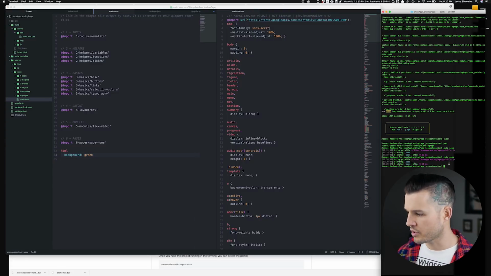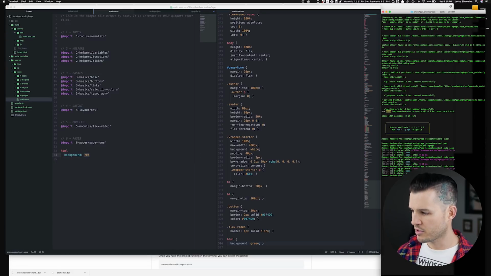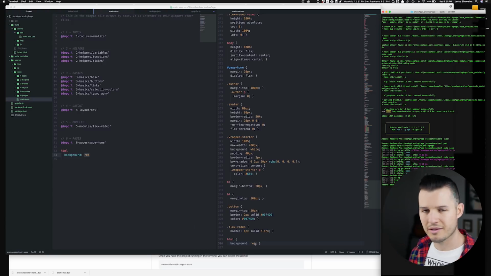I'm going to come over here and run Gulp Sass again. And we should probably see this thing update to green. We missed it though. So let's go back to red. I'll press save, come back to my terminal, run Gulp Sass. We're going to see the whole thing refresh from green to red. Well, that's awesome. That means that we can just write CSS using Sass, which is really convenient.